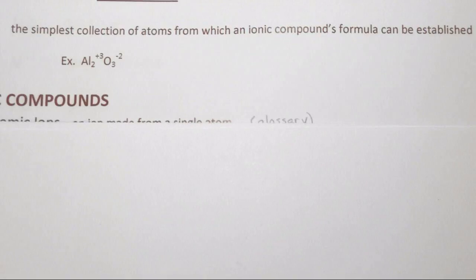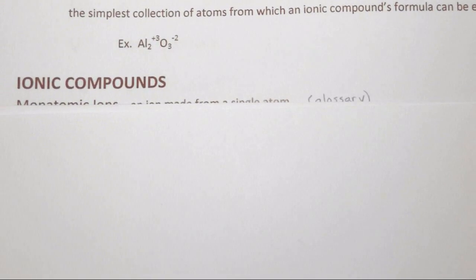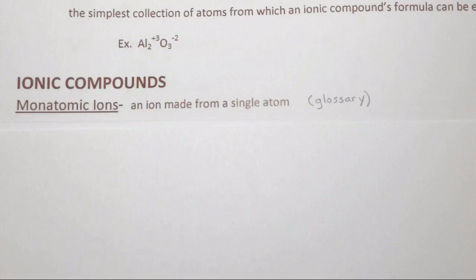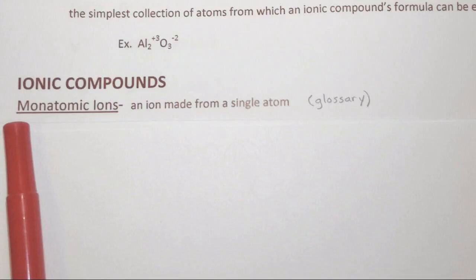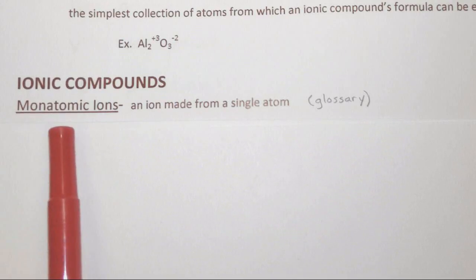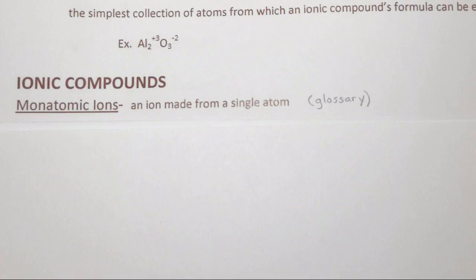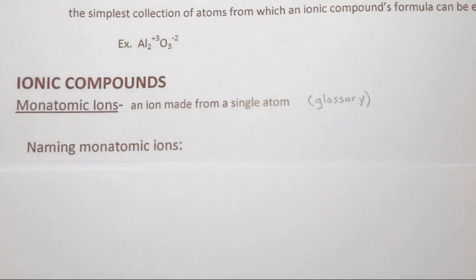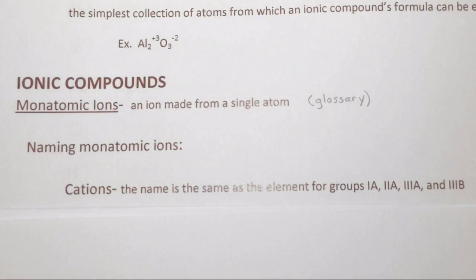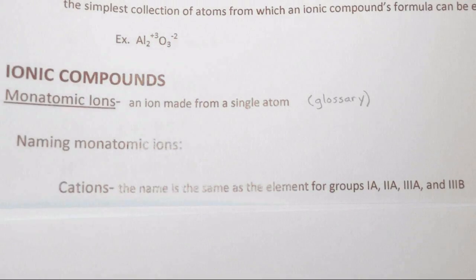We are going to begin by looking at ionic compounds. Monatomic ions, and I have the definition here if you don't want to look it up. It is an ion made from a single atom. We know that the prefix mon or mono means one, right? A one-atomed ion. The way that we name these monatomic ions for cations: the name is the same as the elements